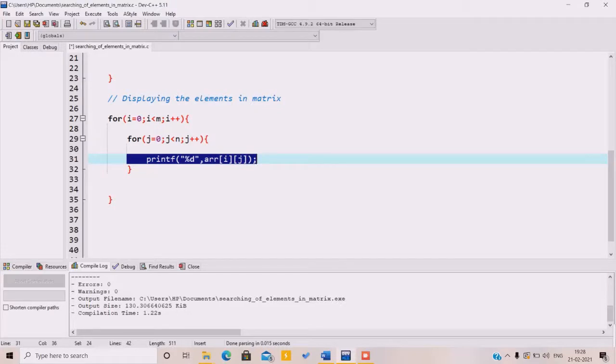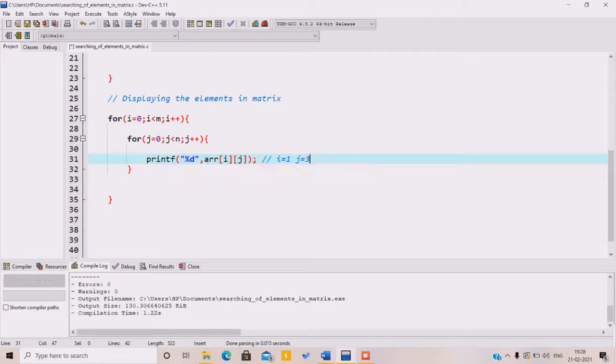This time it goes to i is equal to 0 and j is equal to 0, that is arr 0 0. It takes the element at i equal to 0 and j equal to 0, then increments the value of j, and takes i equal to 0, j equal to 1, then 2, and then it completes. Then it increments the value of i to 1 and takes i equal to 1, j equal to 0, then 1, then 2. The same thing happens again and again until the loop is completed.